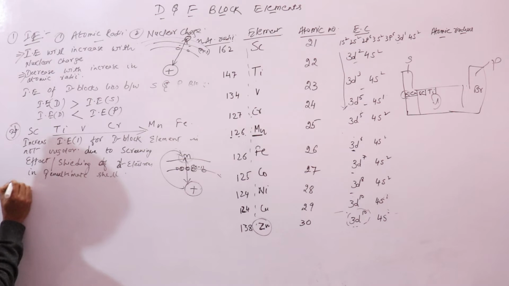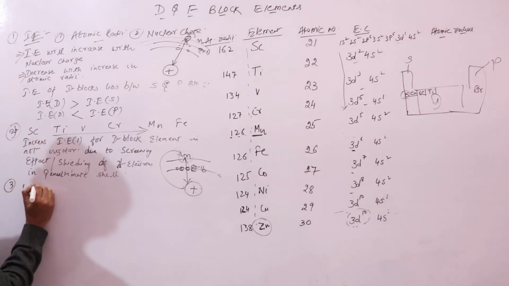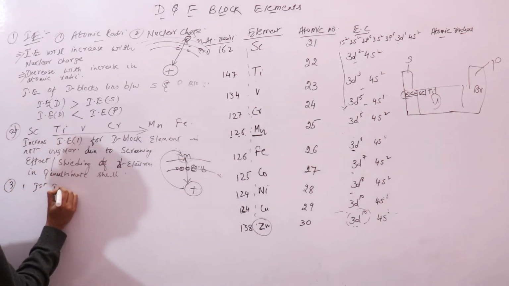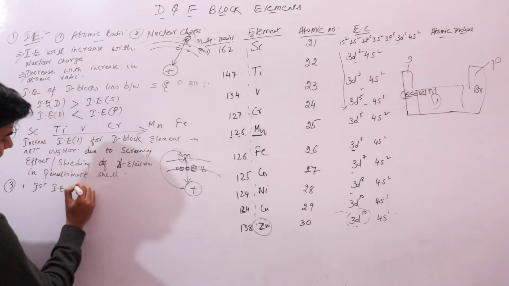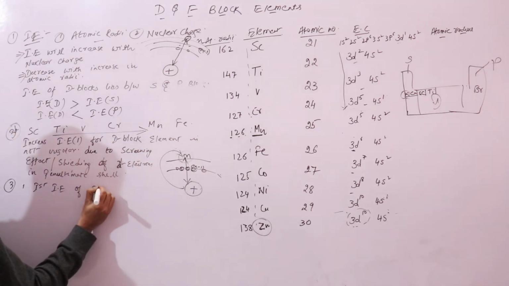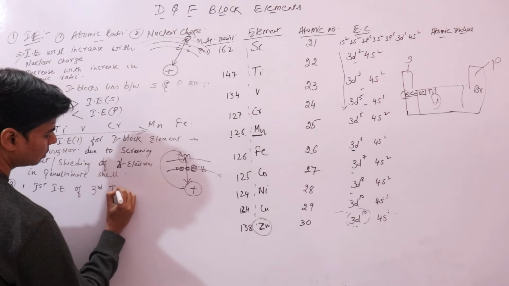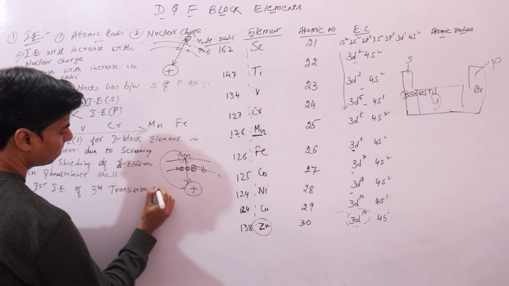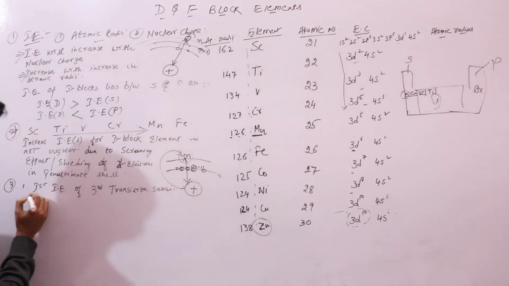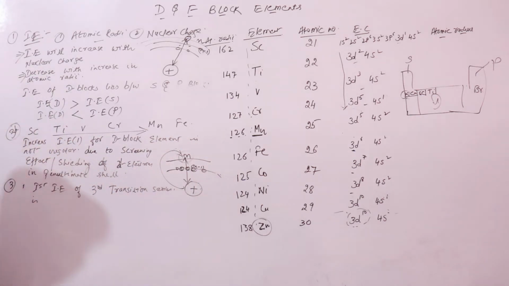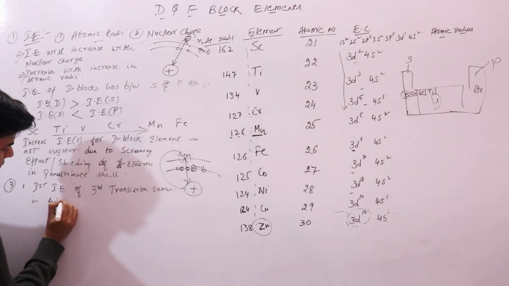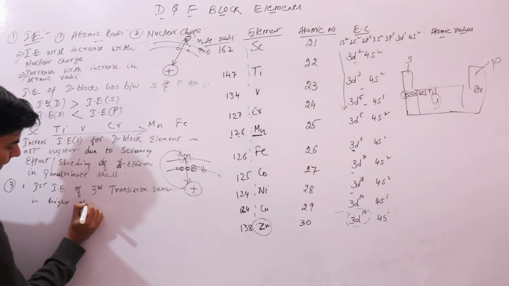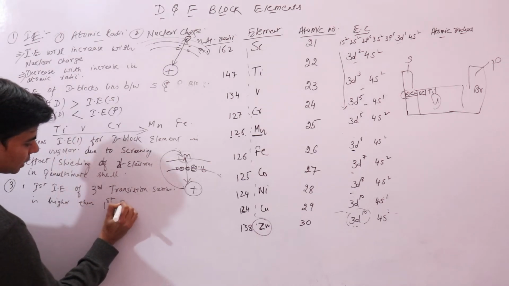Let me just write it down over here. The first ionization energy or ionization enthalpy of the third transition series is higher than the first and second